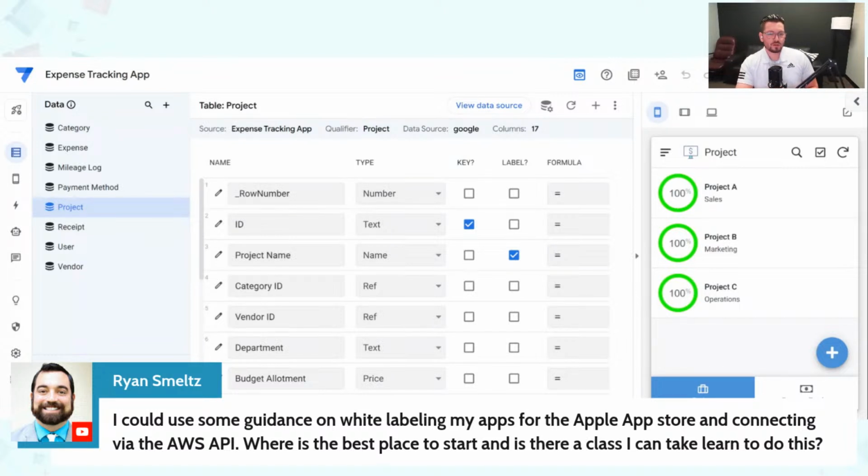I believe you're going to have to purchase the AppSheet public plan. We don't do a lot of white labeling for our AppSheet apps because we're building it for businesses. And that's why I said at the beginning, we recommend against it for AppSheet specifically,